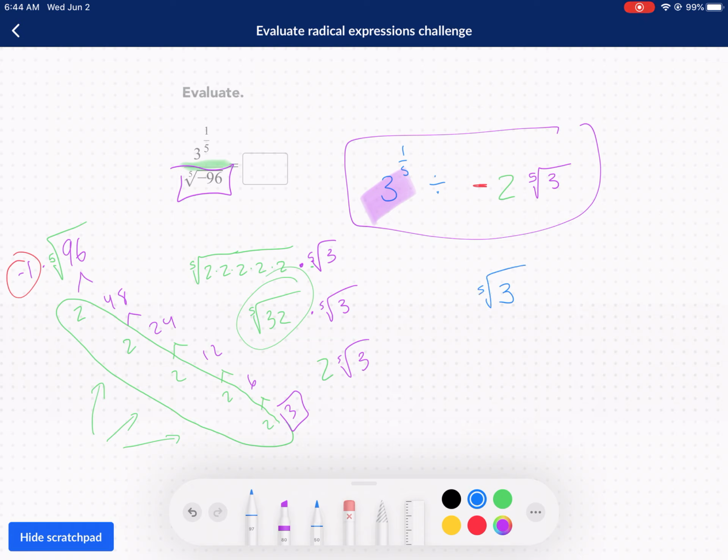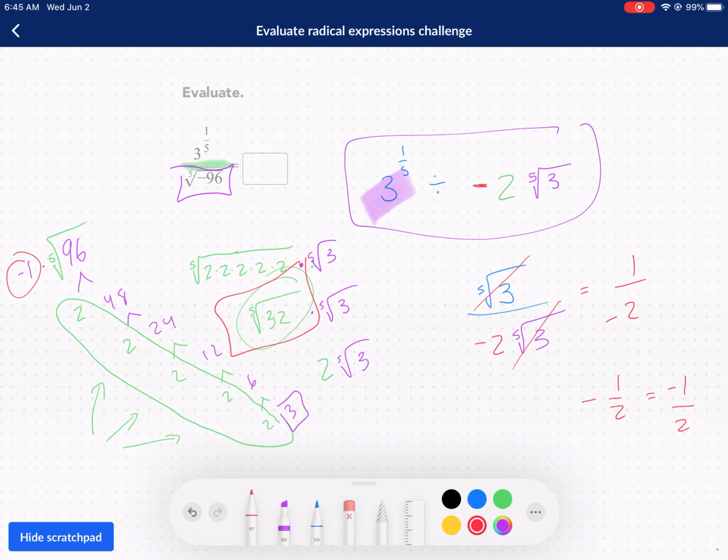I've been playing with radicals mostly. I'm going to keep this negative 2 in the bottom back into the fraction. So we have negative 2, and then I have this fifth root of 3 in the bottom too. Well, guess what? I can cancel that in the top and bottom, and I'm left with 1 over negative 2, or negative 1/2. I like to put the negative in the top personally, negative 1 over 2. Okay, so we can recognize here that we can cancel once we break it down into its smaller components, and